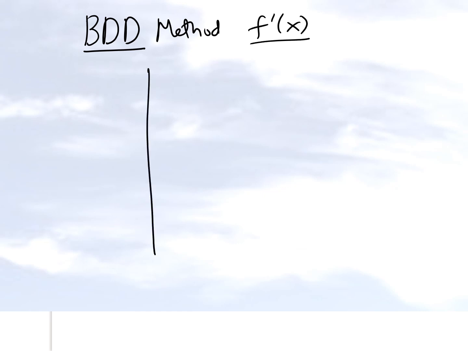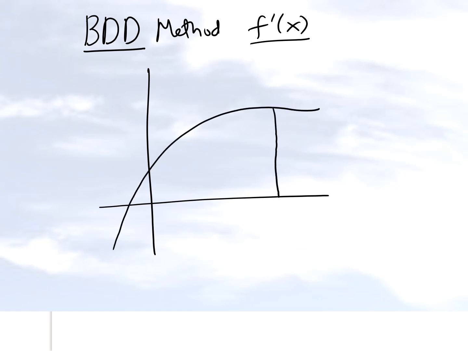So let's suppose somebody gives you a function and says, hey, I want to find the value of the derivative of the function at this particular point. And the backward divide difference method means that you're going backwards. So you're going to take a step here, let's suppose. You're going to say, I'm going to take a step which is h behind x. So this point here will be x minus h, hence.